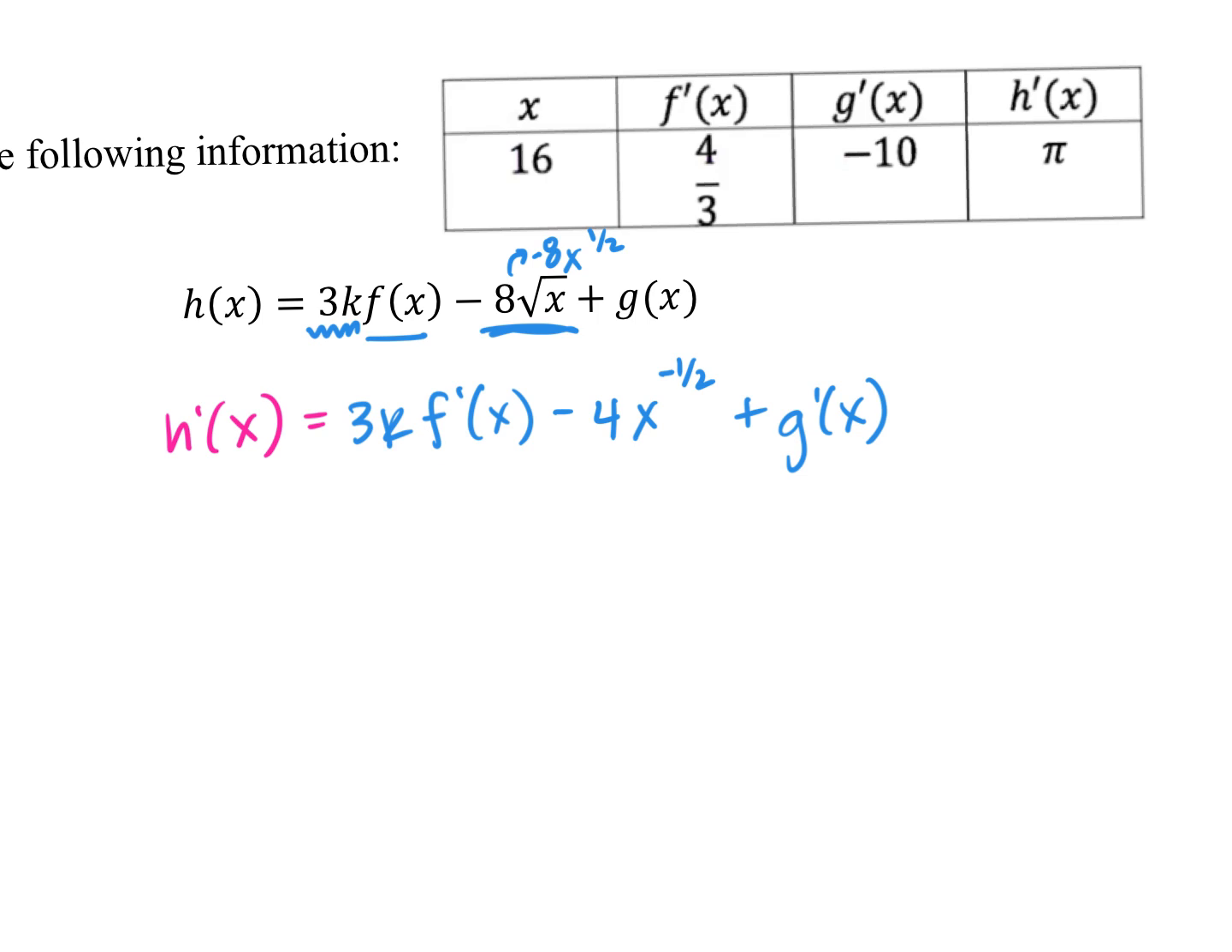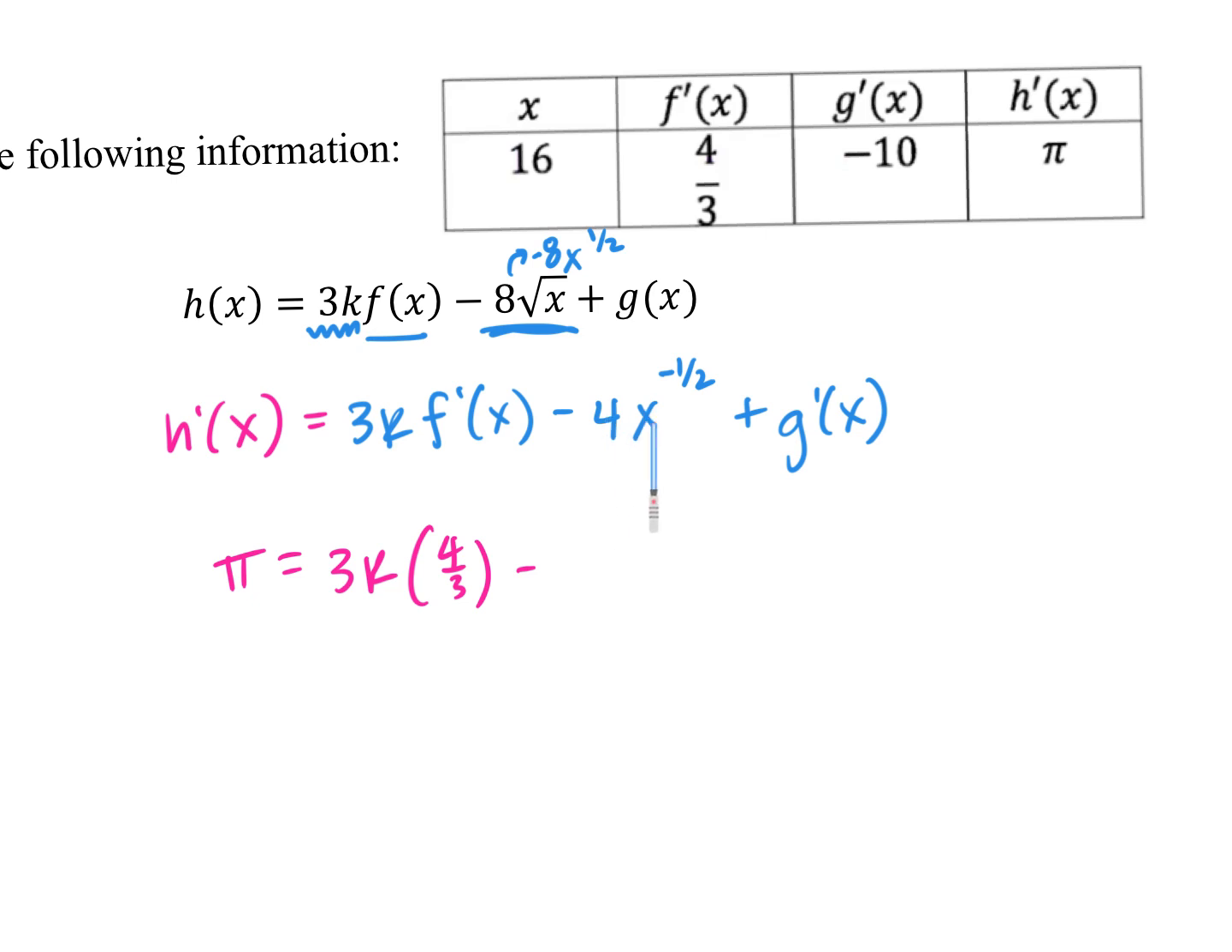Can we fill in some knowns here? Just like Harvey was doing. Harv, h prime of x, you agree it's just pi? Yeah. We're trying to solve for k, so I got 3k. You already told me f prime of x. You said, all right, that's just 4/3. Minus,